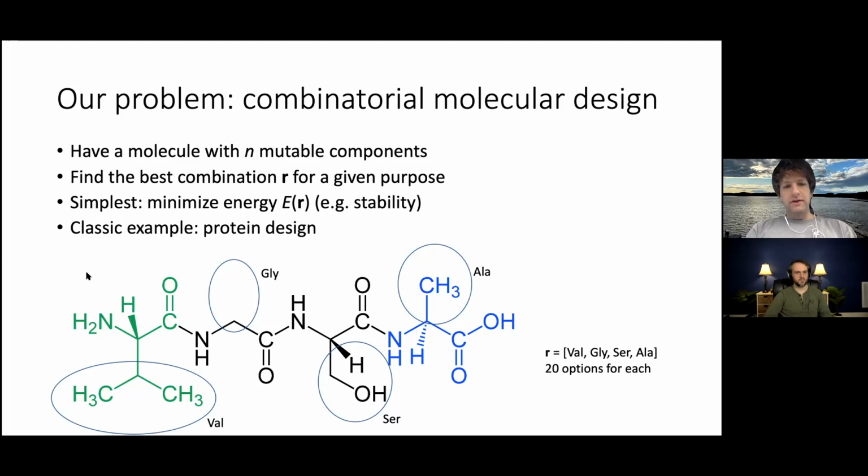Now, what are we going to do with this? I mean, obviously, we're trying to optimize R for some function. In some cases, you can fairly easily estimate a function, E of R, that you want to minimize. Like if you want to stabilize a protein, E is really just the energy, the folding energy, I guess, is what you'd be going for there. And there are methods, at least qualitatively correct, to try to estimate that in terms of local interactions. So that's kind of our picture here.